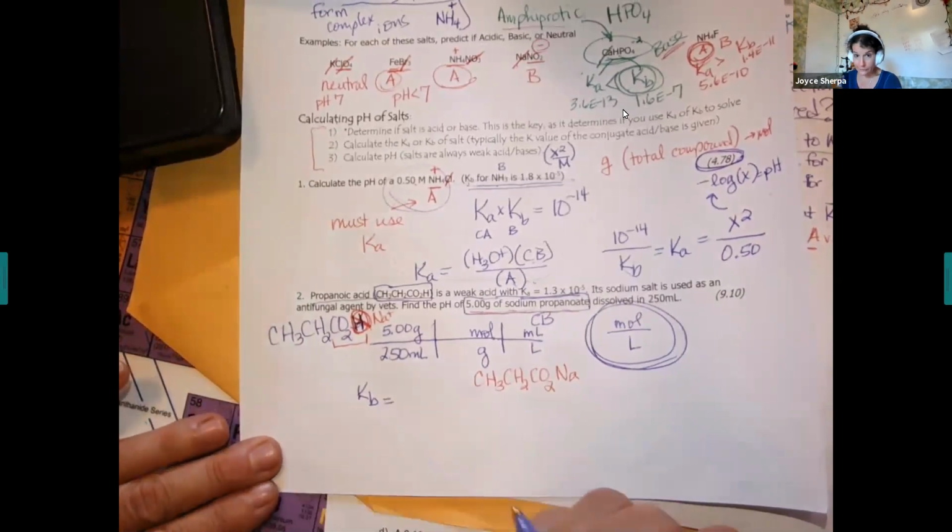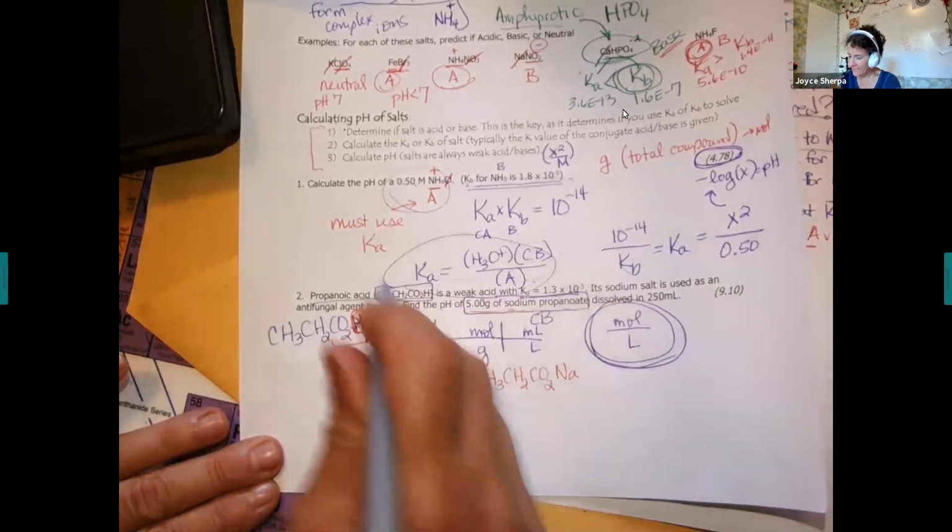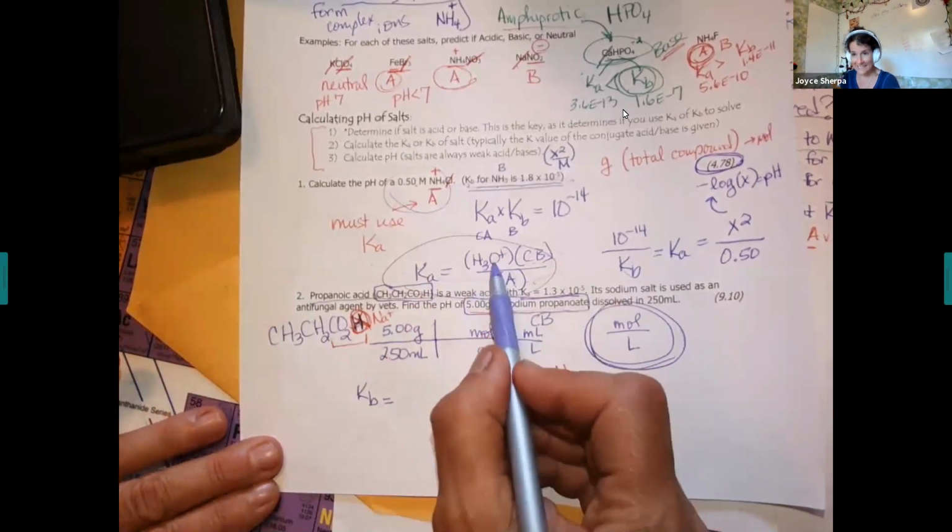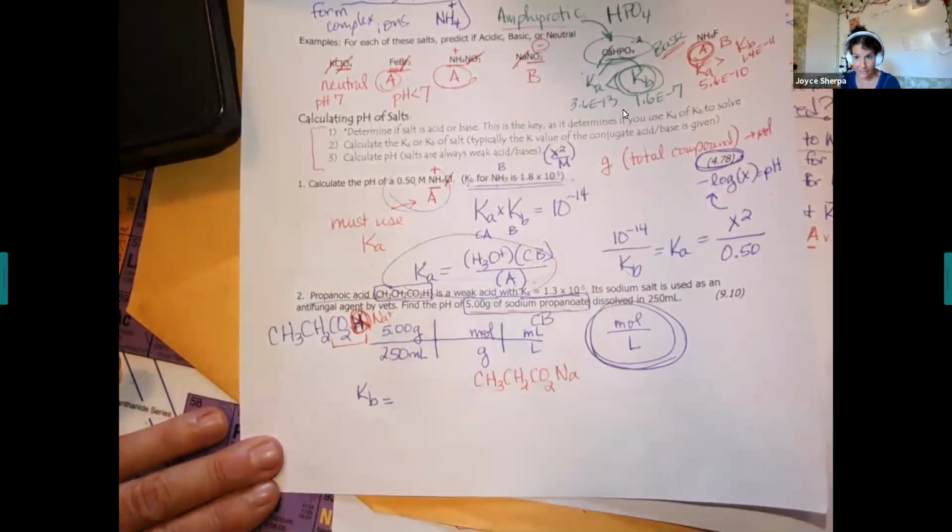Kb, we would state our formula. As long as you know Ka, you can do Kb. It's the exact opposite. Instead of hydronium,